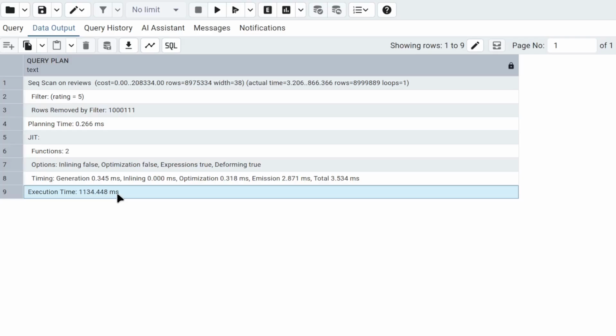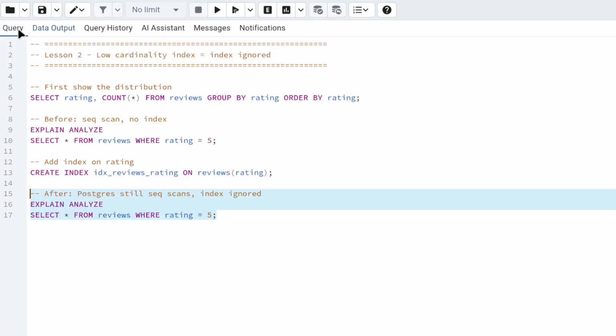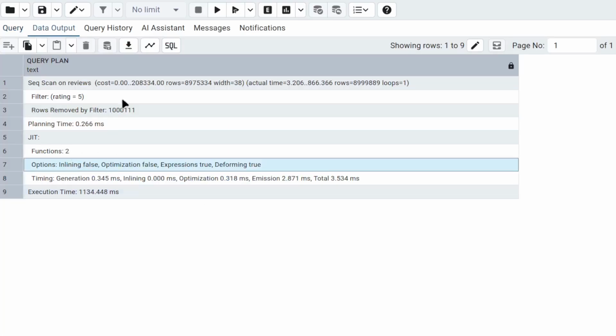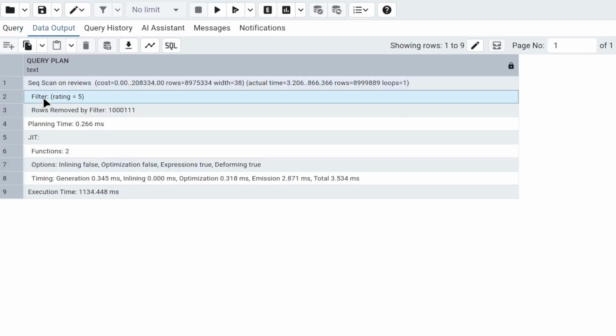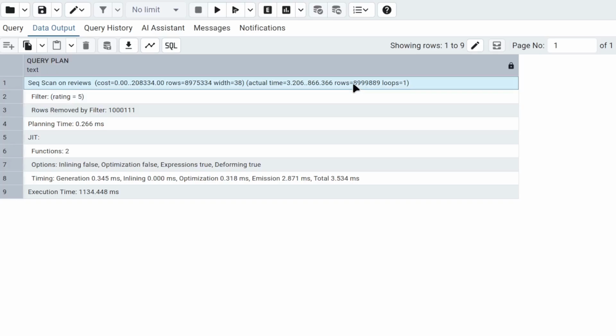And why did the performance not change even though we added an index? The reason is because the cardinality of this field is very low. We only have 5 values. Therefore, even though we have an index on the field itself, in order to retrieve the 5-star reviews, we still need to scan through the 9 million records of data